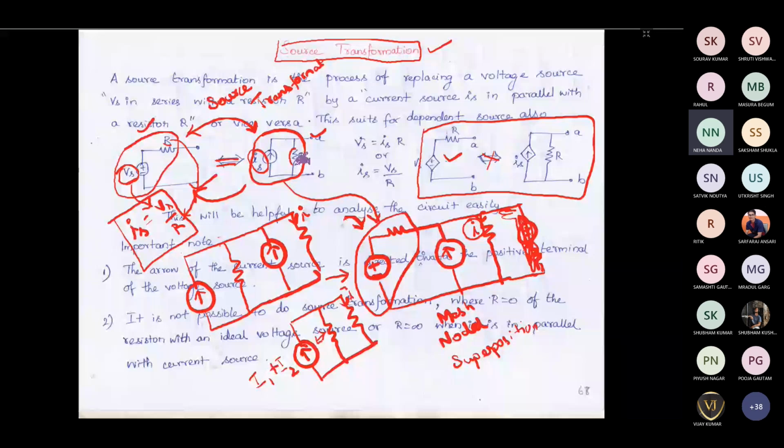Okay. So here you had a voltage source with a resistor in series, that we have changed to a current source with a resistor in parallel. Then that current source magnitude can be given by V divided by R. That V is the voltage source magnitude divided by the resistance available in the circuit. That resistance we have drawn in parallel here. If it is 10 ohm, we would have taken this resistance as 10 ohm itself. In case the voltage source is 100 volt and this resistance value is 10 ohm, then this current source magnitude will be 10 ampere.